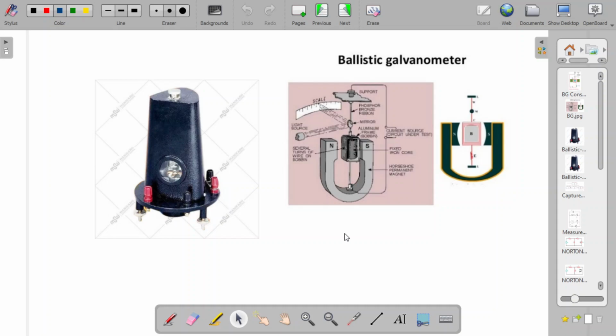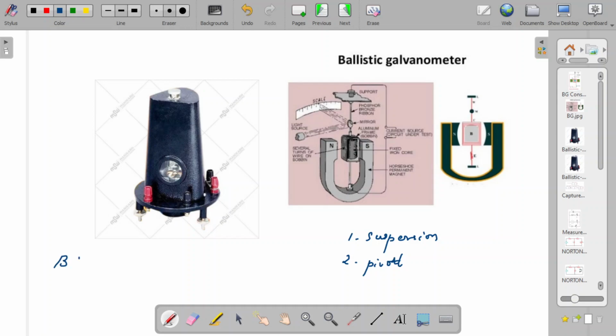That is also a moving coil galvanometer. They are also of two types. This moving coil galvanometer can be of suspension type, or it can be of pivoted type, where you have a bottom pivot, a coil there, and the coil is attached to a needle, and that needle will vibrate. But this ballistic galvanometer is also a moving coil galvanometer. Okay, the moving coil galvanometer can sometimes be called ballistic.